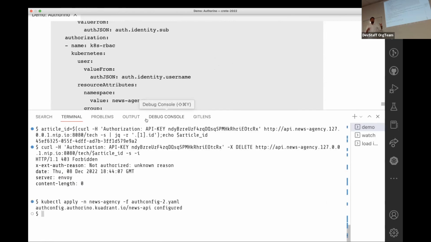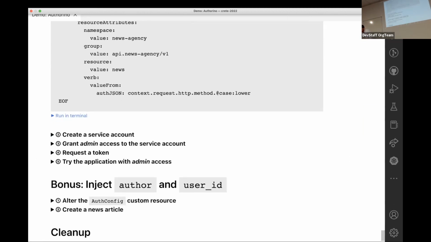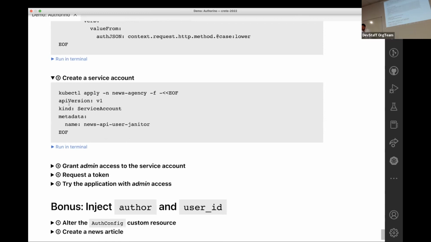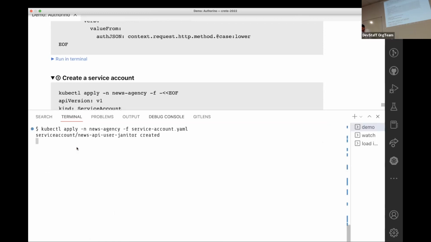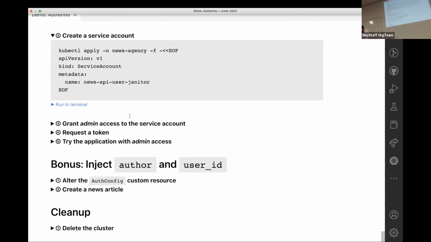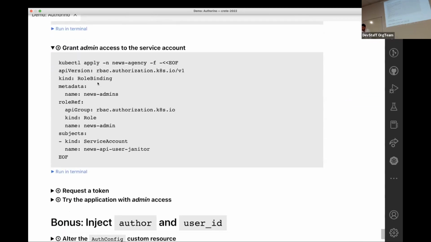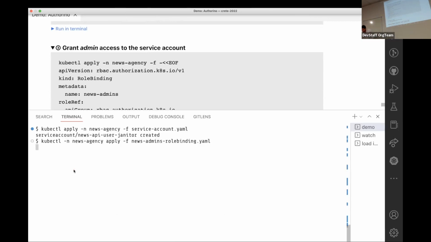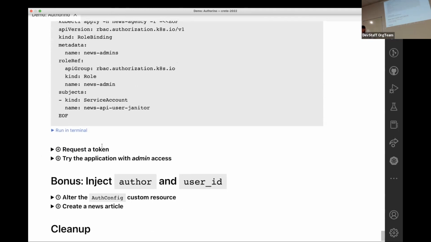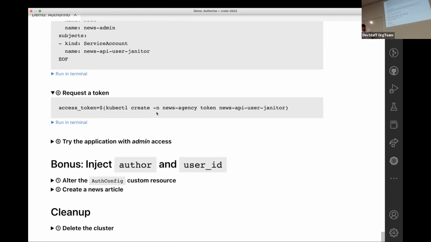I just updated the auth config, right? So now create a service account. It's going to be called API user janitor. I will fast forward here and create the role binding, this service account to the news admin role, the other role, right? Now, there's another thing that comes with